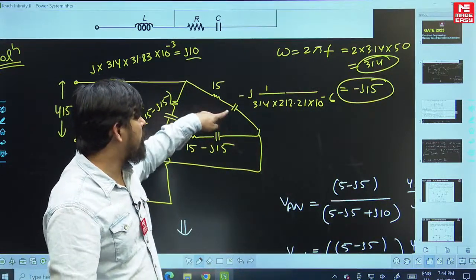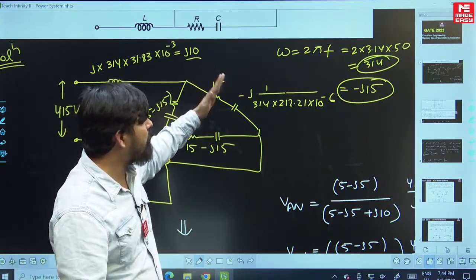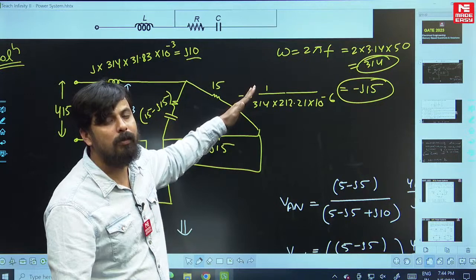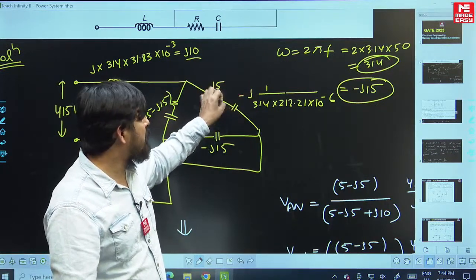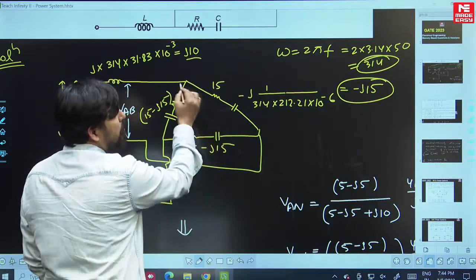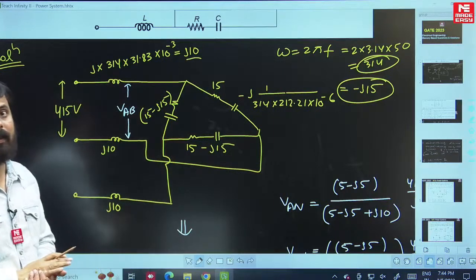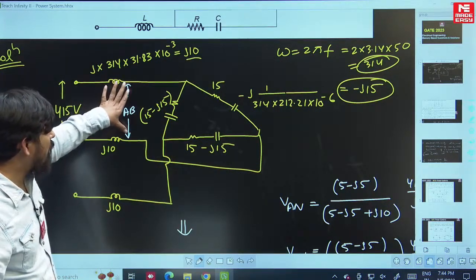रजिस्टर 15 ओम और कैपेसिटर -15 ओम दिया हुआ है, और इसका सीरीज कॉम्बिनेशन है, तो ओवरऑल ये हो जाएगा 15 - J15। तो ये ब्रांच हो गया 15 - J15, ये हो गया 15 - J15, ये भी हो गया 15 - J15। अब मुझे ये VAB निकालना है।